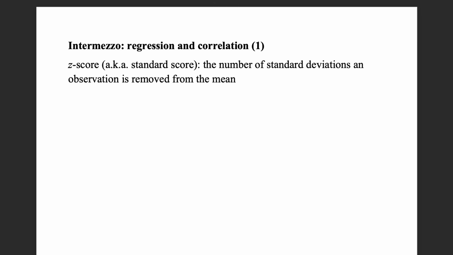Because you will have heard about both in the past. You will probably have heard a lot about the correlation coefficient, so Pearson's product moment correlation coefficient. And I just want to show you what the relationship is between the two. And before I can do that, I want to start very, very basically, before we even talk about what is a correlation coefficient, talk about something that's even more basic, and that's the idea of a Z-score or a standard score,